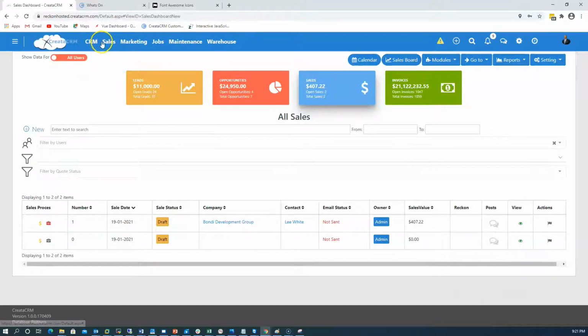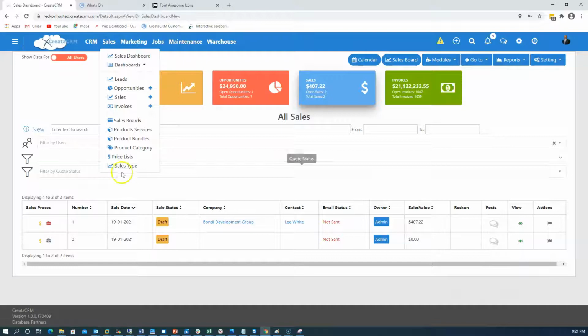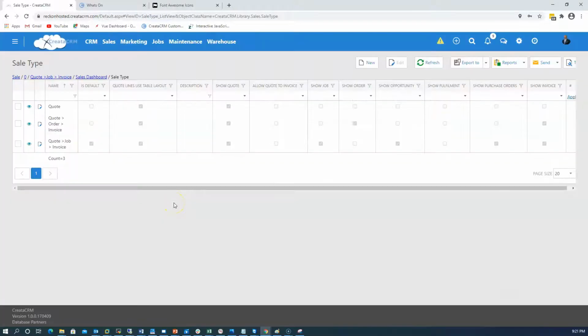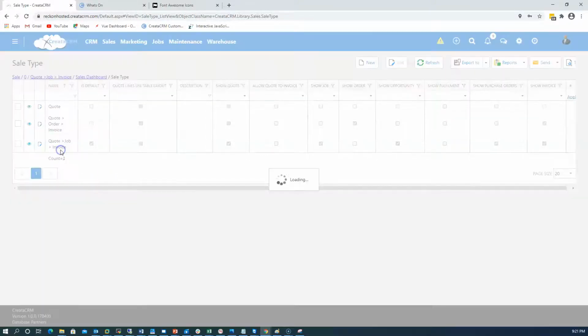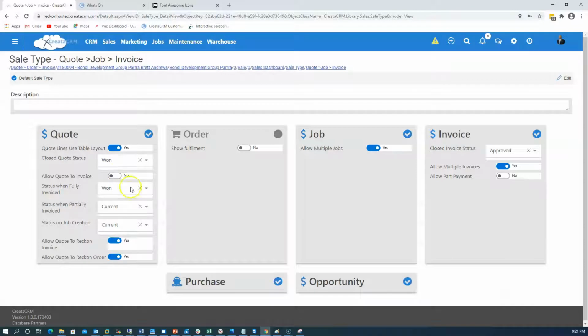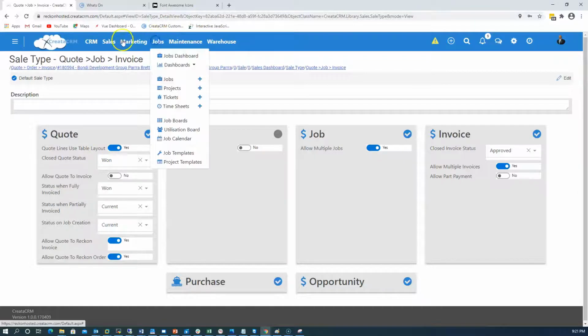With the sales section, you have a drop down that goes to sales type. Out of the box you get 3 sales types, but you can build unlimited sales types. If I single click on that, it shows you that you can have things like a quote, order, jobs, and you can enable or disable the sales type. That's what I showed you in that screenshot beforehand, where when you choose a sale, you can say these are the roadmaps for this particular sale, and this is what's going to follow. And it shows up here in the sales